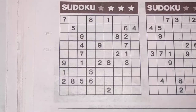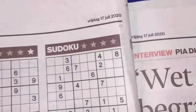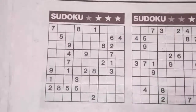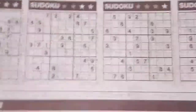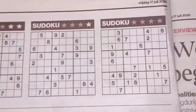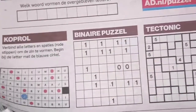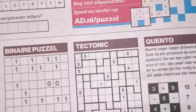Welcome. In today's newspaper on Friday, July the 17th, 2020. In this additional with extra Sudokus, we have 6 Sudokus. A Sudoku with 1 star, with 2 stars, with 3 stars, with 4 stars, a binary, and a tectonic. And the first one